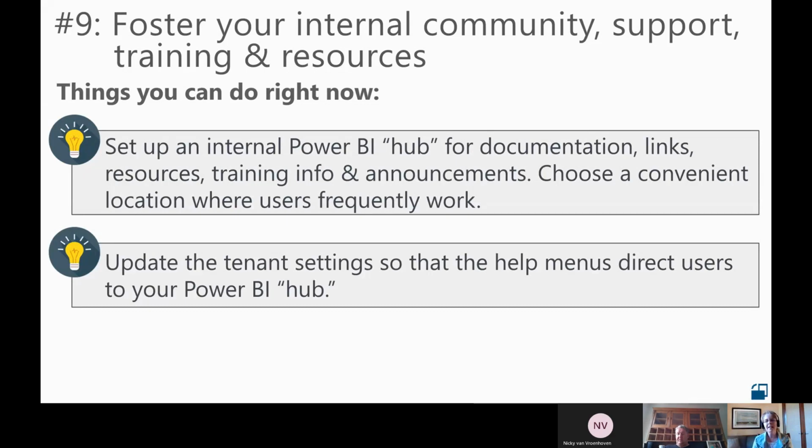Once that's set up, update your tenant settings so that the help menus in Power BI itself direct users to your Power BI hub. You can also put links inside your app menus or various other places in reports if you choose to.